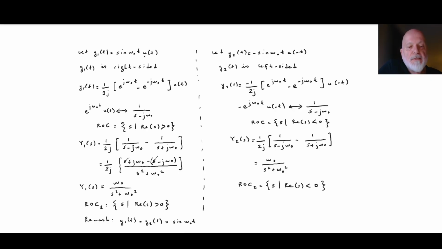So sine omega 0 t u of t, and minus sine omega 0 t u of minus t. When we add them up, or in this case, of course, subtract y2 of t from y1 of t, we obtain sine omega 0 t, but